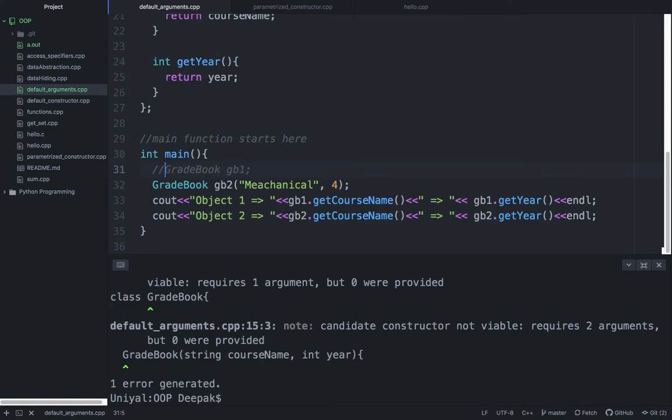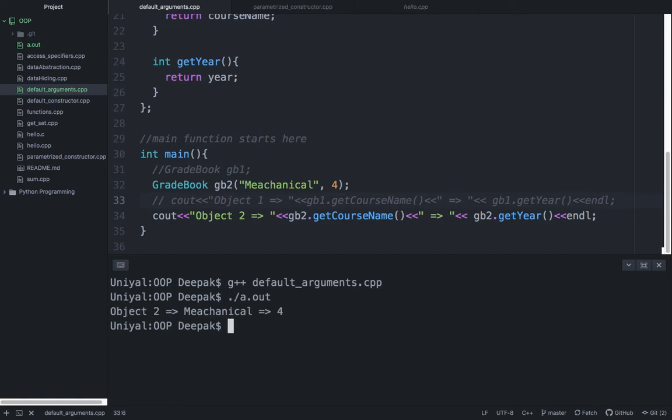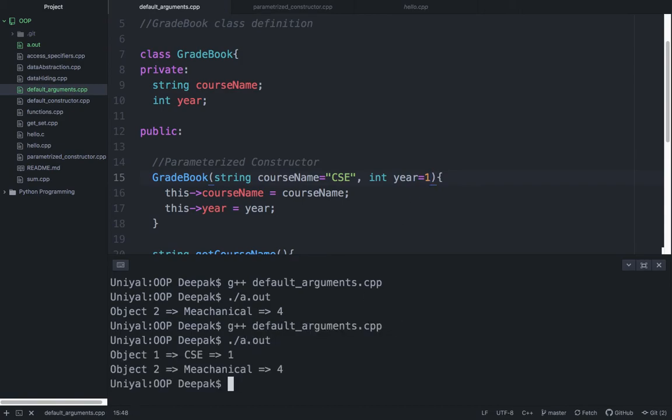You can remove this error by commenting this out, and if you are commenting this out, you have to comment this statement also. Now compile this and run the program. Now it is working fine, right? But we don't want this and want to remove the error. So what we have to do in that case, we will provide CSE here and year here, and now everything is working fine, right?